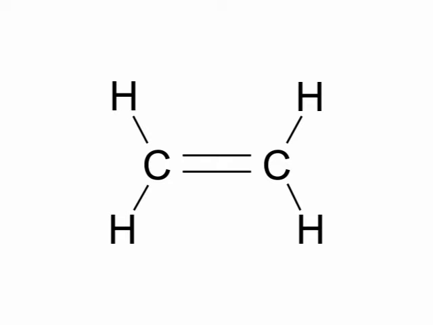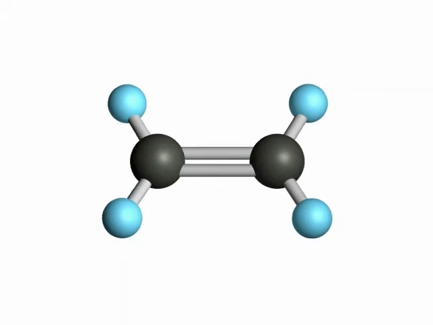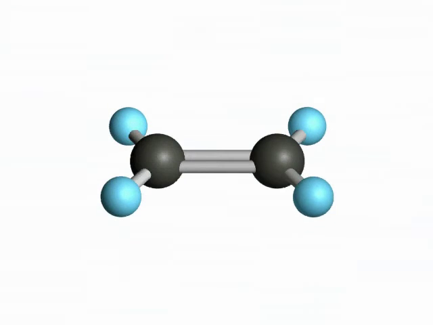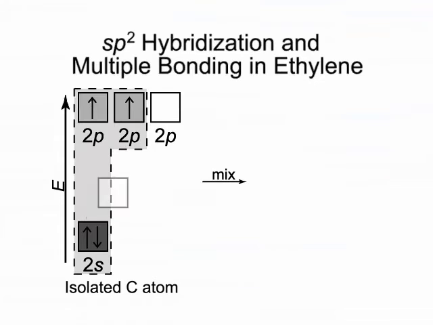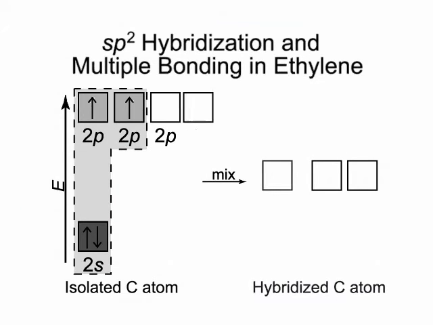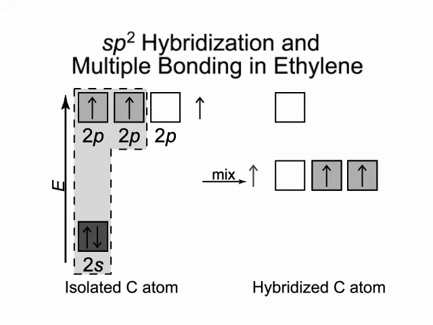occurs at the center of a trigonal planar grouping that includes a double bond. Consider the carbon-carbon double bond in ethylene. Valence bond theory proposes that each carbon undergoes sp2 hybridization. Its filled 2s and two half-filled 2p's mix to become three half-filled sp2 hybrids, and the fourth electron occupies the